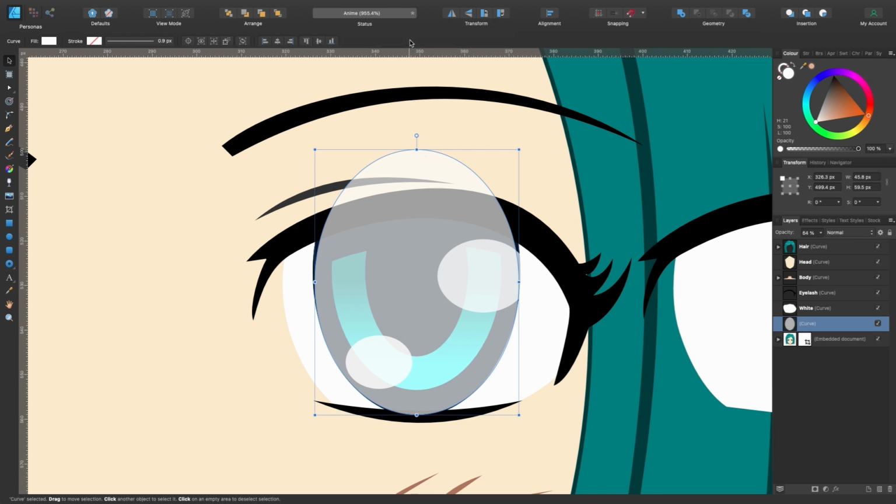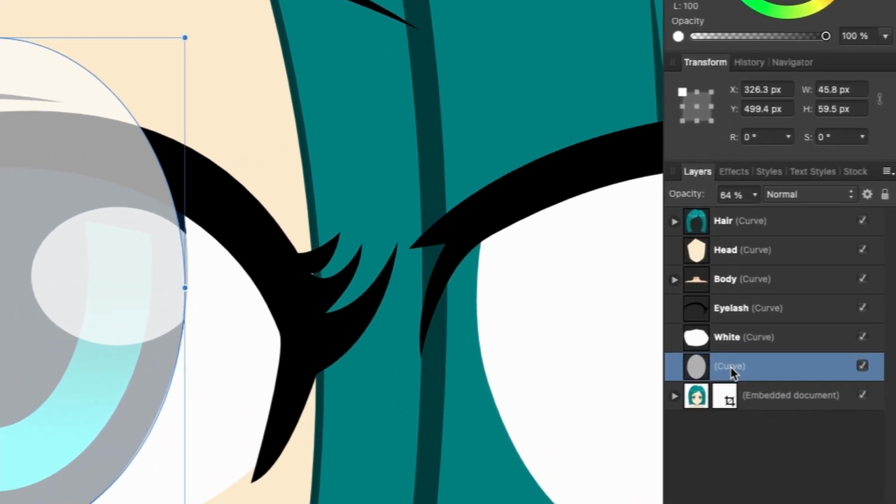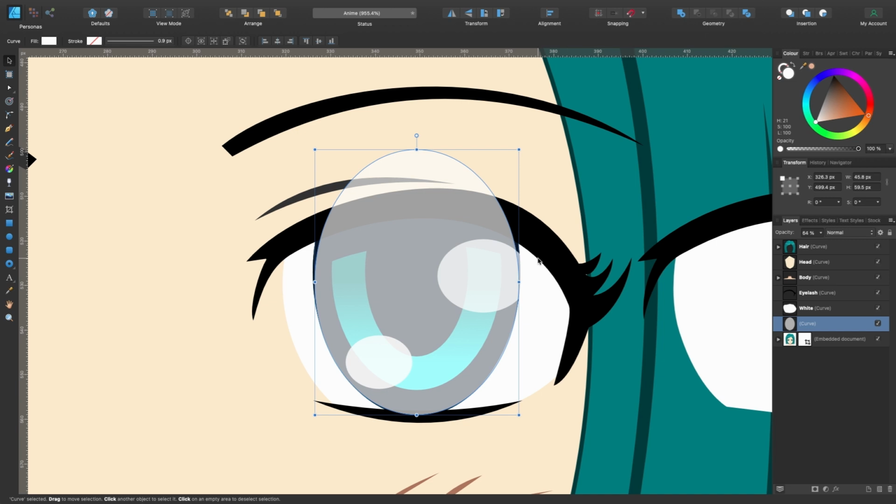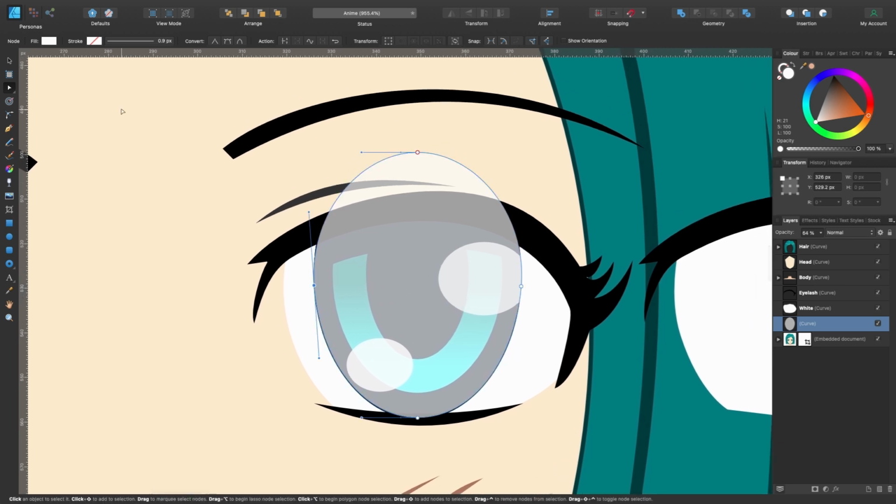If I click on that, you can't really see much has changed apart from it doesn't say ellipse in the layers panel anymore, it says curve. So I'll press A, which is the node tool, or top left there. And there we go. We can see our nodes. When I click on it, I can see the handles. I'll probably just mess around with the handles until it kind of looks the same. There we go. We have our main shape of the eye.